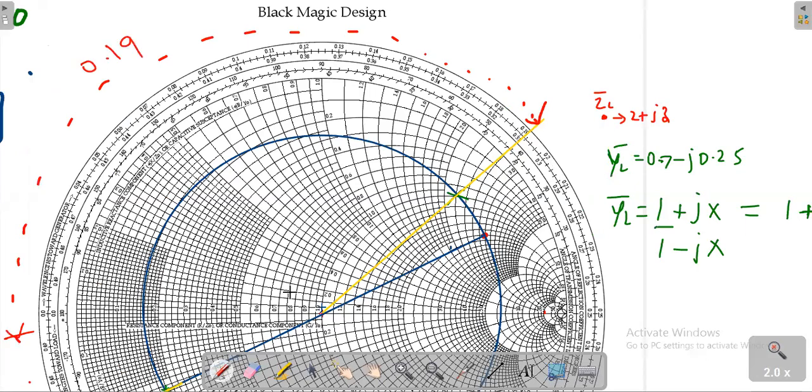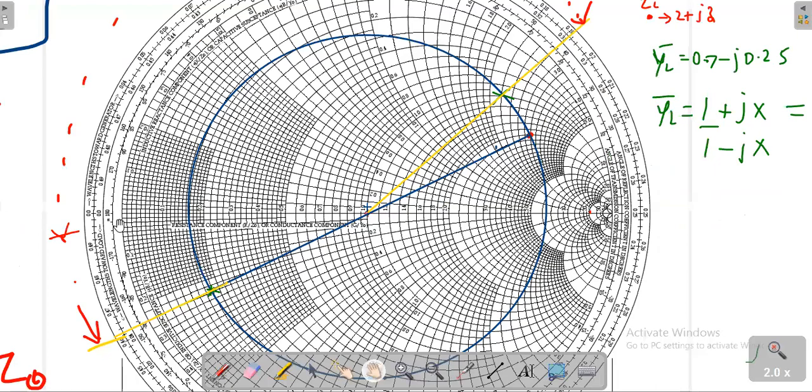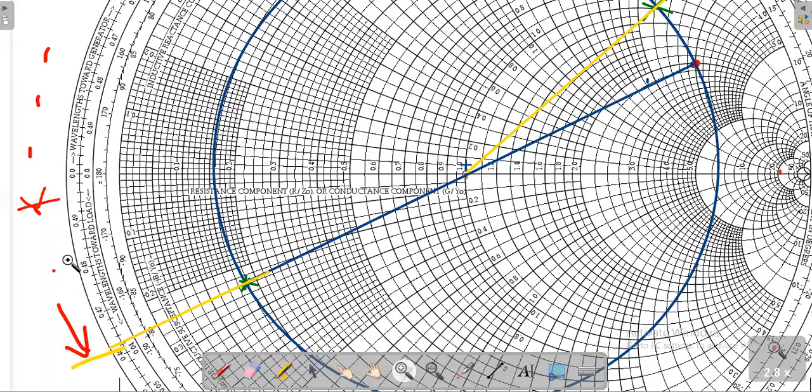Then what is the remaining value? Okay, what is this value? Okay, and again wavelength towards load from here. If this is 0, is it clear? Okay, now I have to know this distance also. If it is 0.0, okay, so yes sir, what is the value? Anybody? If it is I think 0.46, from 0.46 you are going to 0.5 roughly.